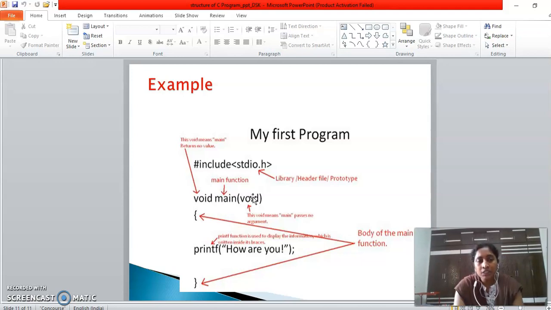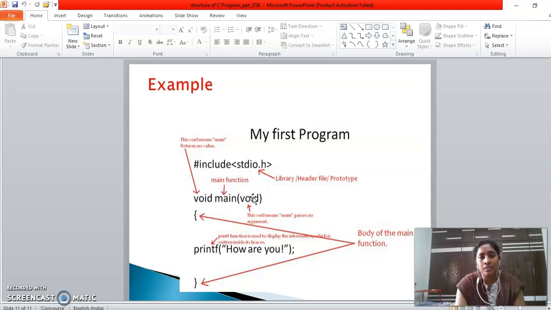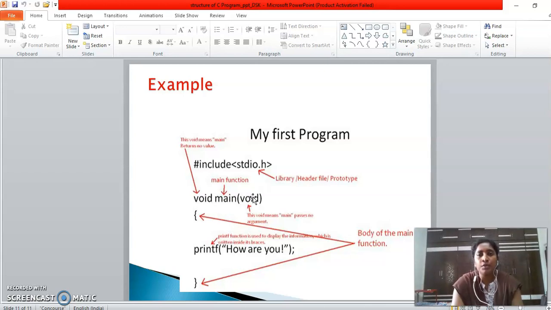In this structure of C program, we can also design our output screen with the header file called conio.h and with the functions clrscr and getch. These functions will work in some operating systems, but are not compatible with a few compilers. So this is a simple program which follows the structure of C program. Hope you understood the concept of C program.